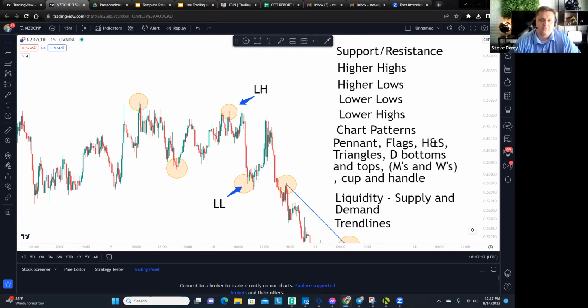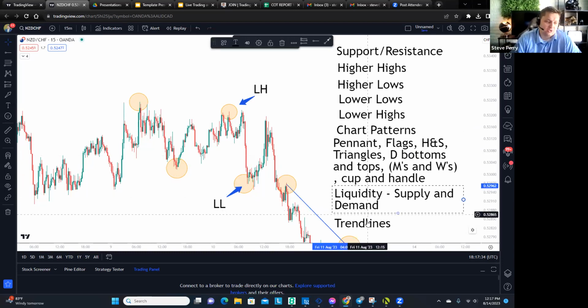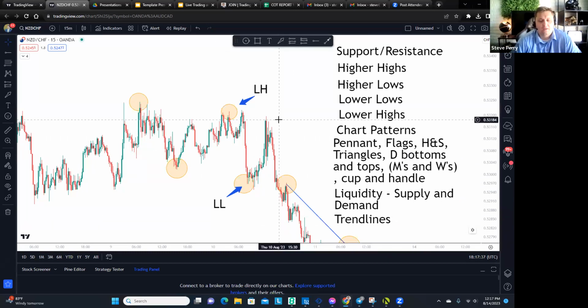Are they just my favorite thing ever? No, you guys know I'm not big into chart patterns. I used to be. They're a bonus, and that's how you want to look at chart patterns. Don't become that person that sees a pennant or a flag and just says, I'm just going to trade a pennant or a flag. There's a lot of good trades you can take with chart patterns, I'm not going to deny that, but it really should be a secondary confirmation of what you already know.